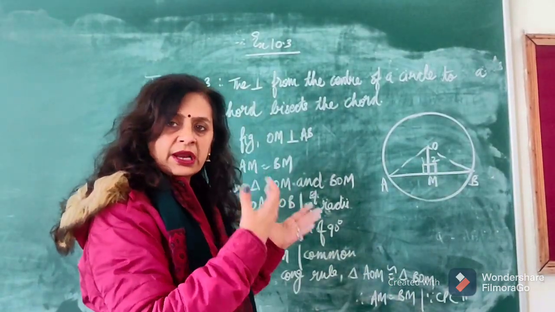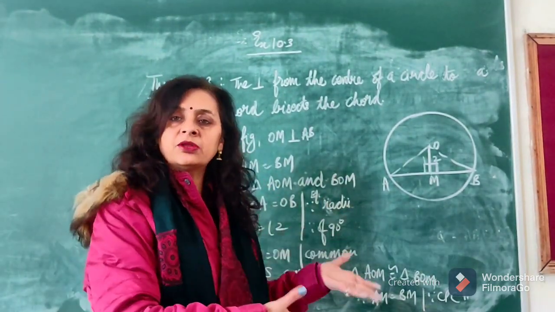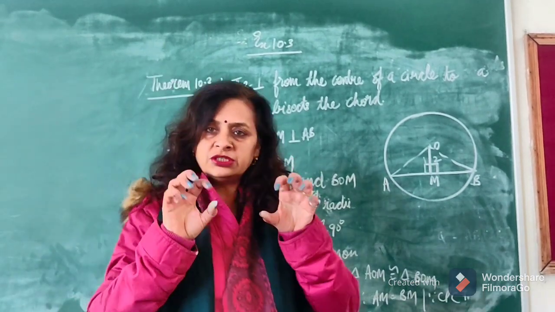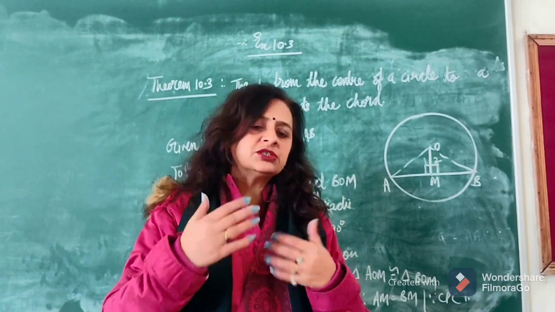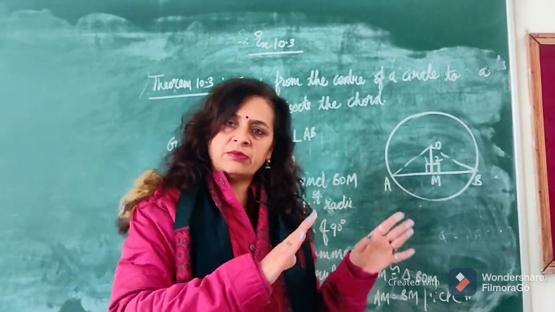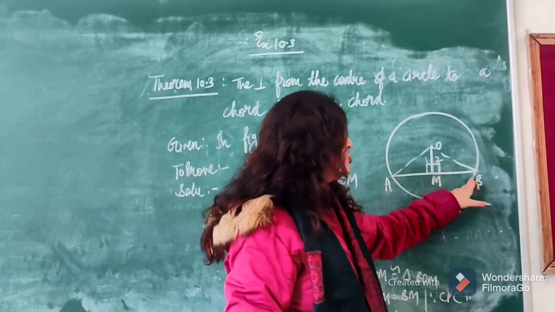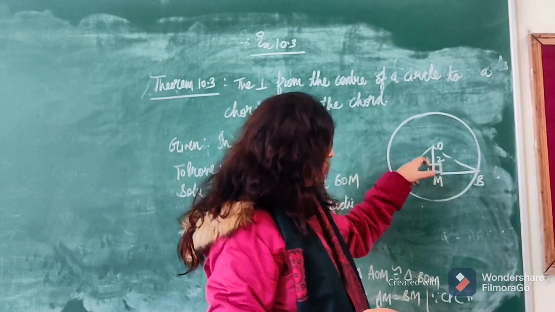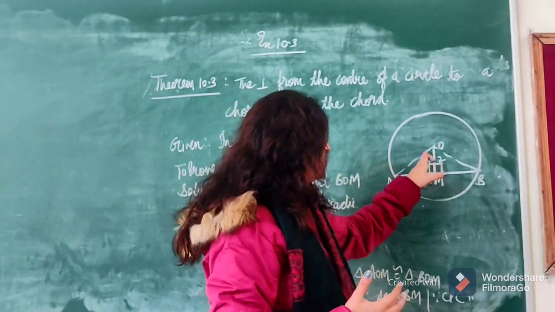I am not going to write out the solution because again maybe you will get confused, that madam, why are you writing the solution again and again when it is not in the syllabus. The proof is not in the syllabus but the theorem is in the syllabus. The proof of this theorem will not be asked, so I am going to discuss it orally. What is given to you? AM is equal to BM is given and you have to prove that angle 1 is equal to angle 2. So again let us prove that these two triangles are congruent to each other.